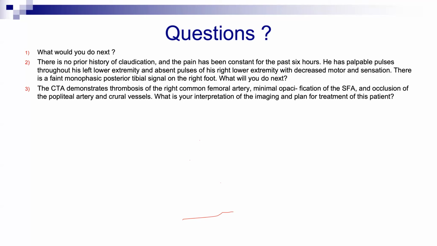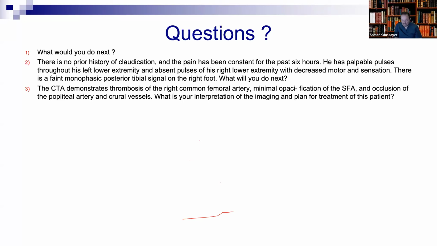Most people, when you have a crural vessel, you have to open the popliteal artery below the knee. In general, if the common femoral artery is occluded, you have to open from above, and if the crural is also occluded, you have to open from above and below. If only the SFA is occluded and crural is occluded, then I open from below, I can do the SFA from below. I don't have to do crural. But this one has both, so you have to open both.